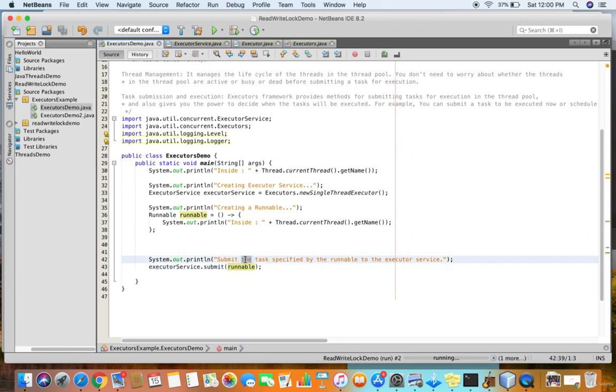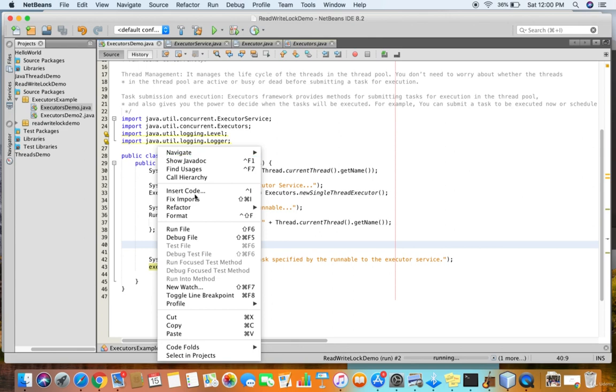So we submit the task specified by the runnable to the executor service. Right, if we run this application,